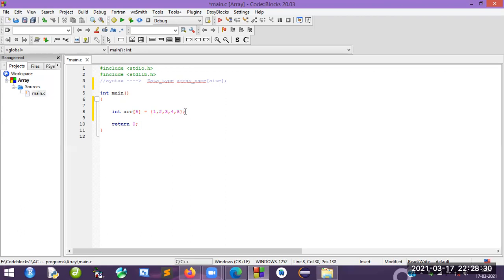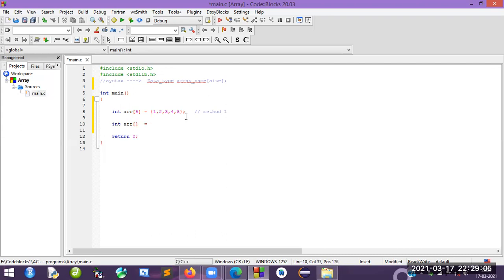This is method 1. We initialize the array as well as declare the array. There is another method. Like this also we can initialize as well as declare an array. First we take the data type integer array. Here I will declare it without using size.